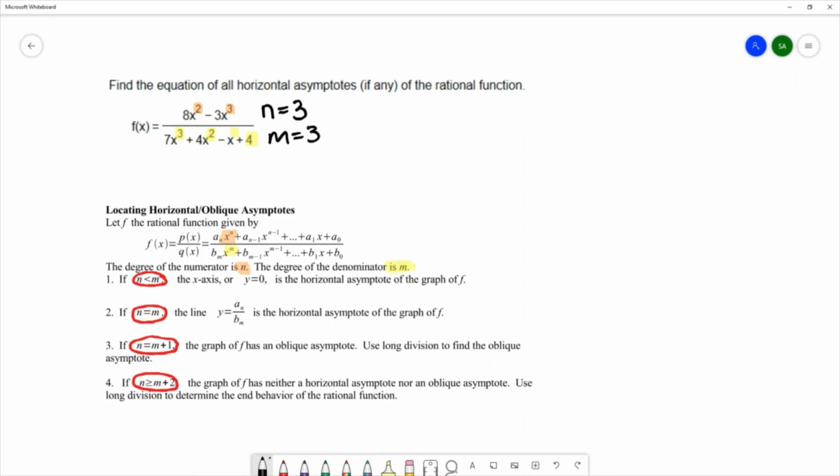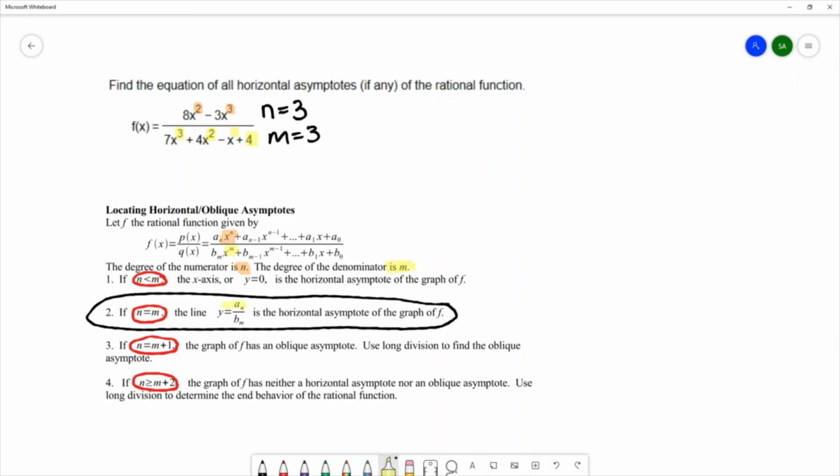So since we have the degree of the numerator being 3 and the degree of the denominator being 3, that means that we're dealing with this second case of finding the horizontal asymptote. And in the second case, the line y equals a sub n over b sub m is the horizontal asymptote. Now a sub n and b sub m